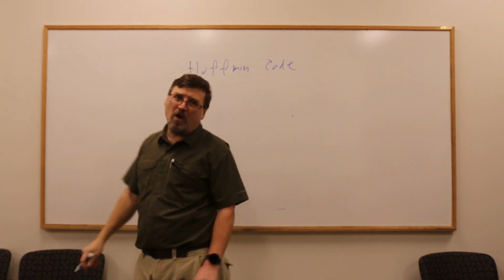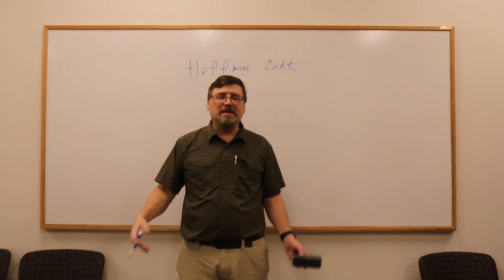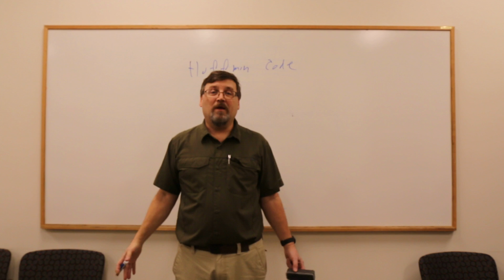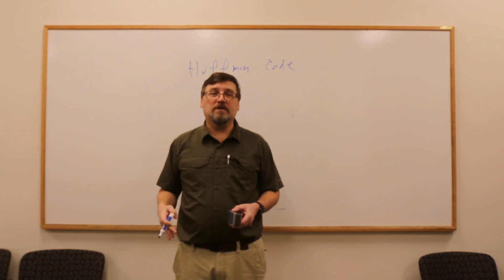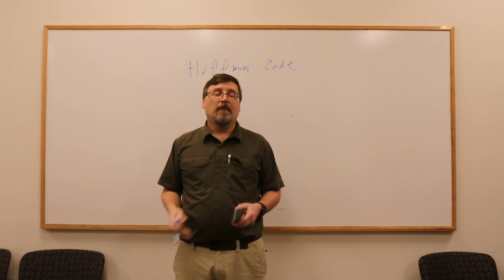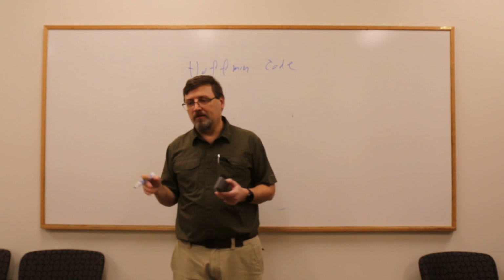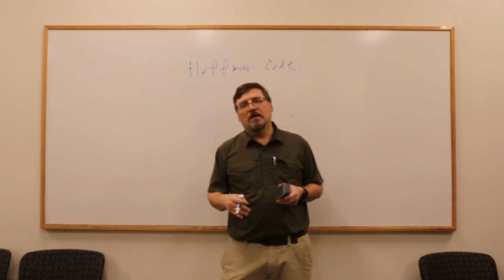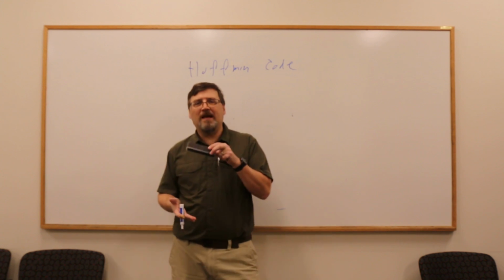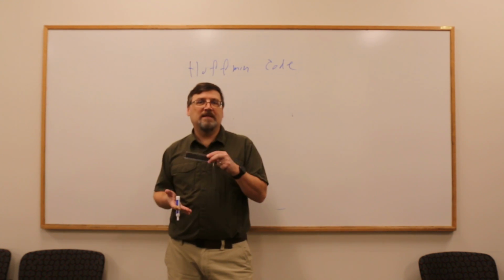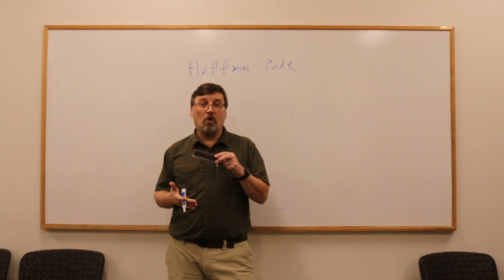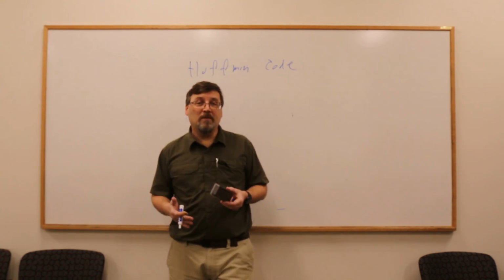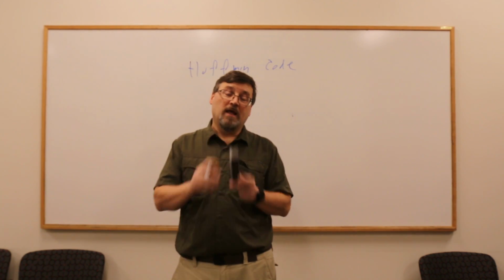And in a Huffman code, what we do is we use ones and zeros, we use binary, but we encode the characters A through Z and punctuation, and we encode them based on the frequency. So we take the block of text, we figure out the frequency of each letter, and then we encode that. So the most common values get the shortest codes, and the least